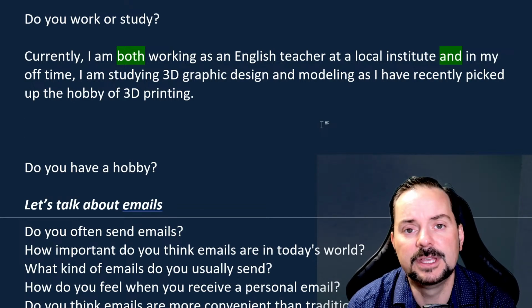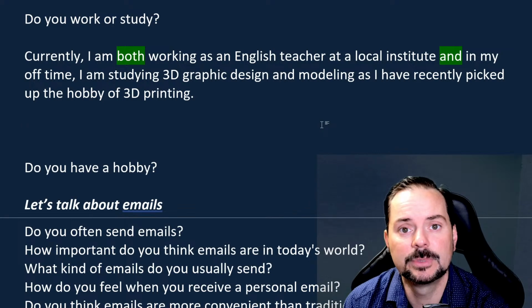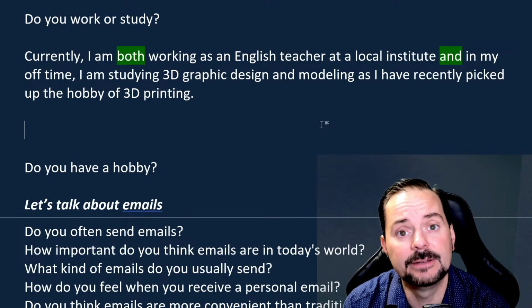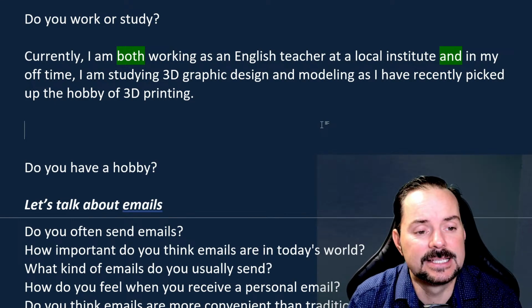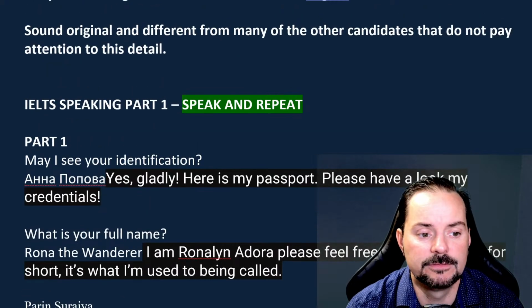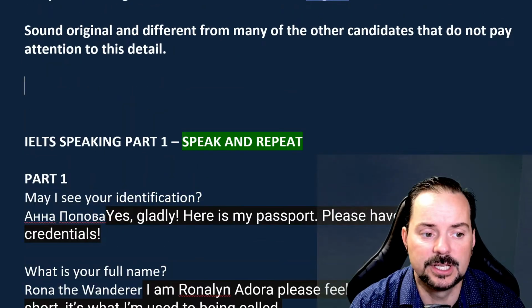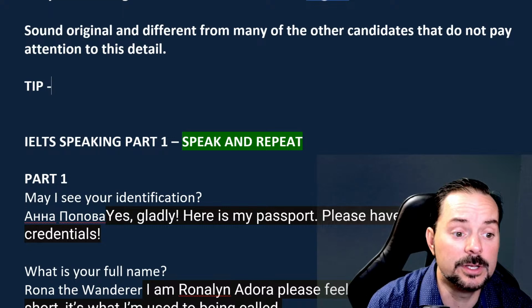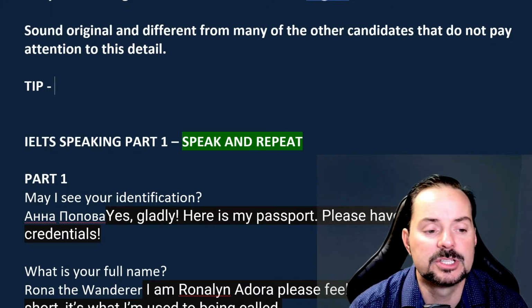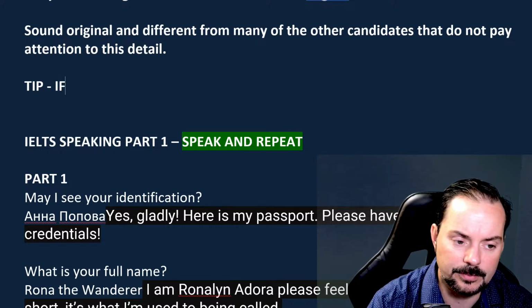Okay. If the examiner is asking you why, can you give more details? Can you elaborate? And they're asking you that often, that's a bad sign. That means you're not giving enough detail to your answers and you're going to lose marks in fluency. Okay. It's an important tip, students. You might be thinking, oh, it's great, they're asking me for more information. No, that's not a good sign. That means you're not explaining, you're not giving details. Okay. Keep that in mind.